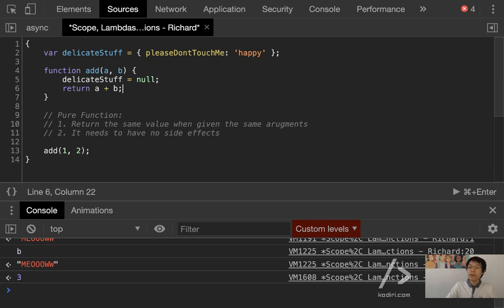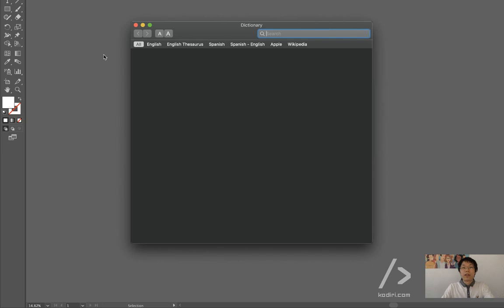Because if, for example, delicate stuff equals null, and I want to touch delicate stuff again, I had no idea that this function has just screwed up our state outside. It's messed it up. It's made it null, and we had no idea it was going to have that side effect. So if, for example, I set this to a counter,